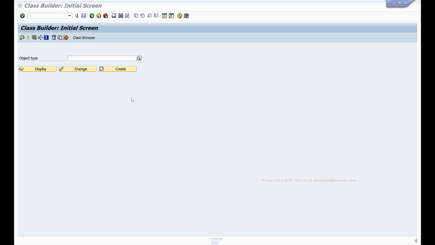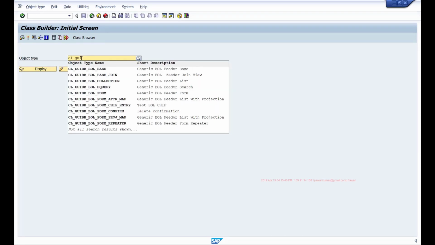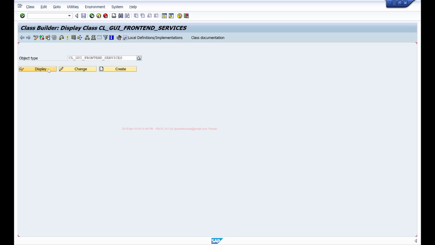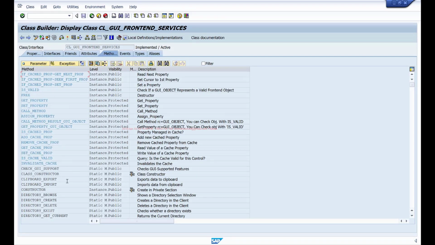To work with the presentation layer, SAP provides a class called CL_GUI_FRONTEND_SERVICES. If you open this class in Class Builder, it has various methods using which you can get a lot of information about the presentation layer that the user is using. For example, directory browse will give you all the directories in his PC. Directory create will allow you to create a folder in the user's workstation. So there are a lot of methods. We'll be interested in this